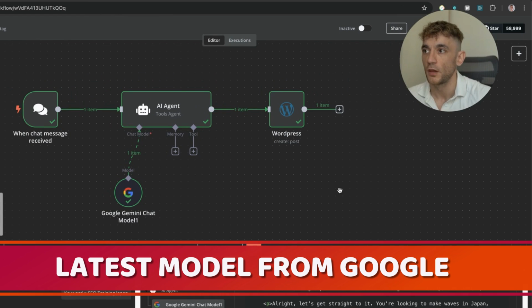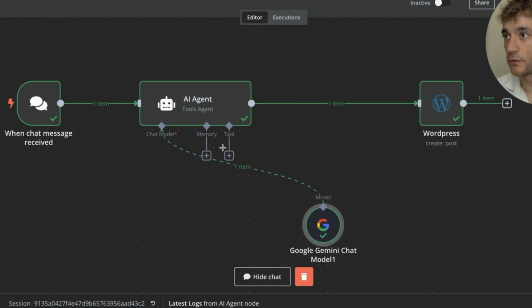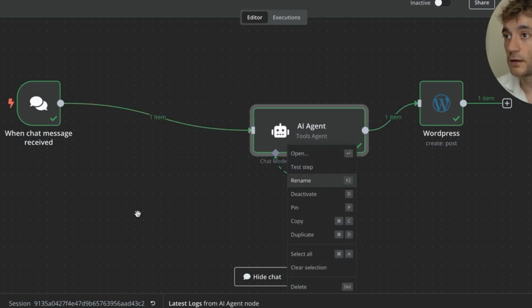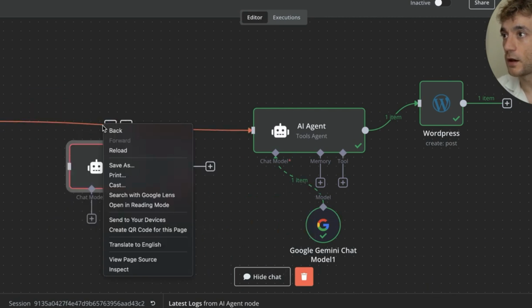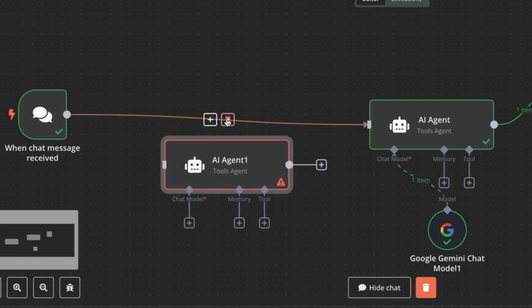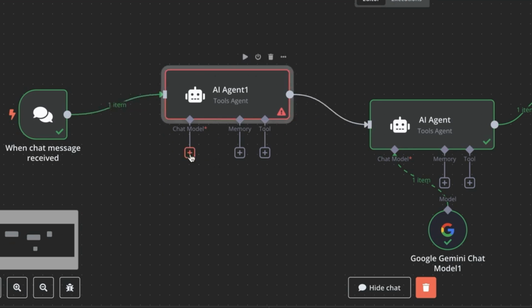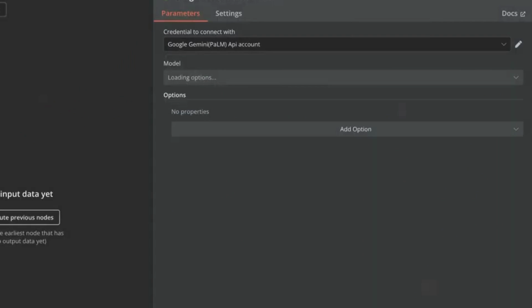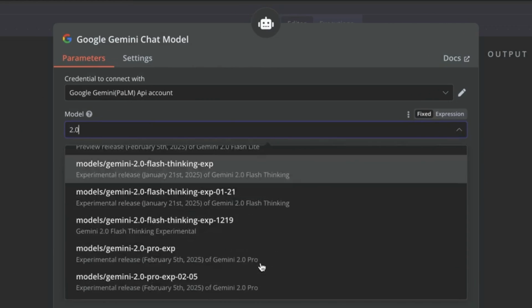Absolutely amazing. So what we can also do here is if we move this over here, we'll move that over there, we'll move this over here. And what we're going to do from here is we're actually going to duplicate that AI agent. And I'm going to unlink this. So let's delete the link between the AI agent and that. And we're going to connect that to another AI agent, right? And so what this is doing now is we're going to have Google Gemini over here as well. Inside the Google Gemini chat model, we're going to select 2.0 and the February the 5th model, so the latest